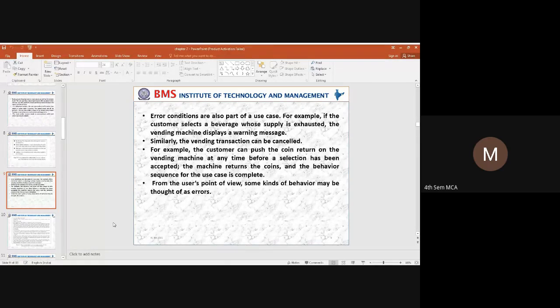An error is a condition that can be a part of a use case. When a customer selects a particular beverage, the vending machine will display a warning message that the supply has ended. That can be an error condition.